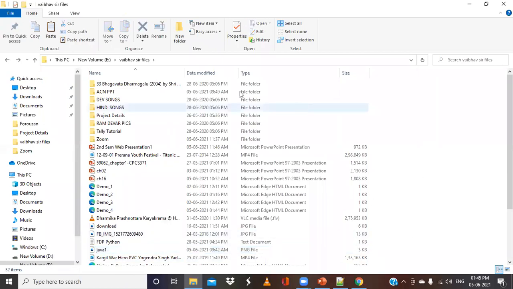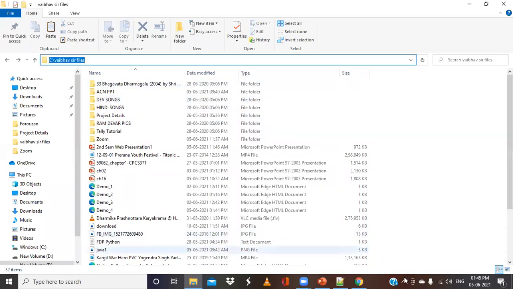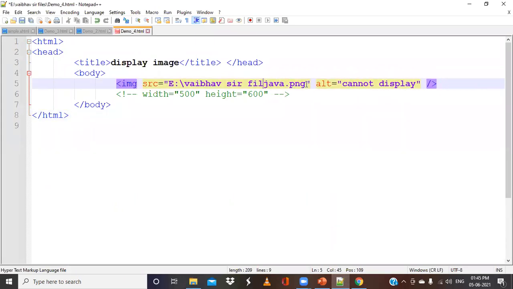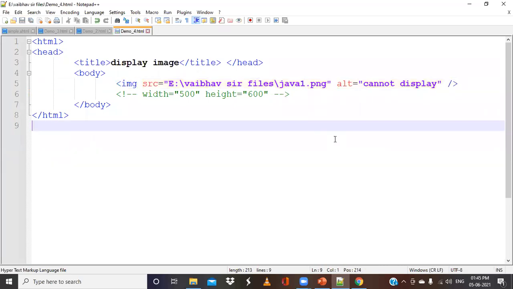And it is located in Vibosur's files inside the directory. Now, if I just keep java.png like this, will the program work?